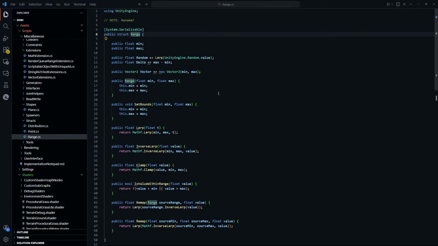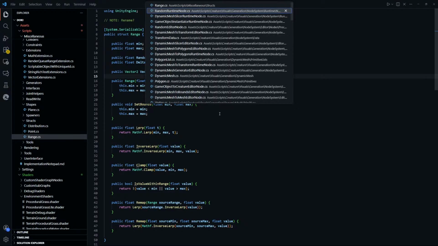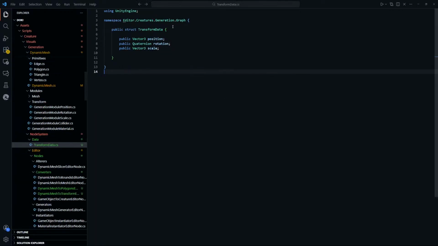That's going to be quite a heavy rework, I think. System serializable, but this one could absolutely be used with